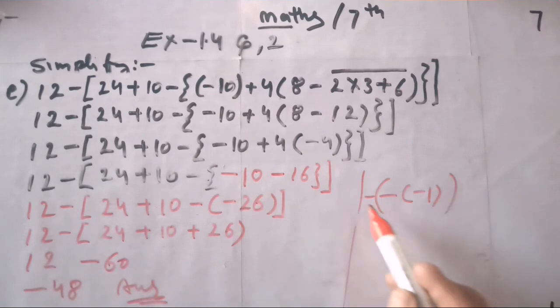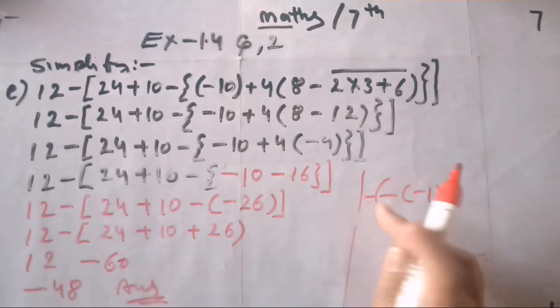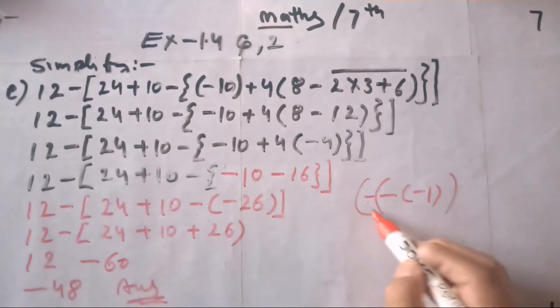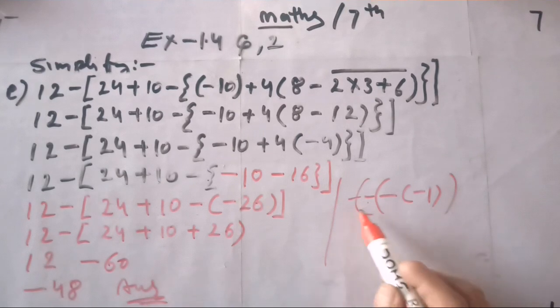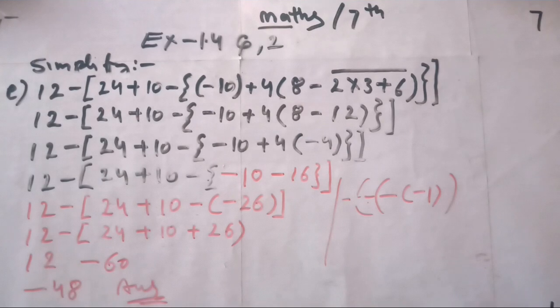What is the answer? When we multiply the minus sign 3 times, 1, 2, 3, then our result is negative. When we multiply the negative sign 4 times, if there is one more bracket and then a sign, if we have 4 signs with the multiplication number, then it gives a positive.